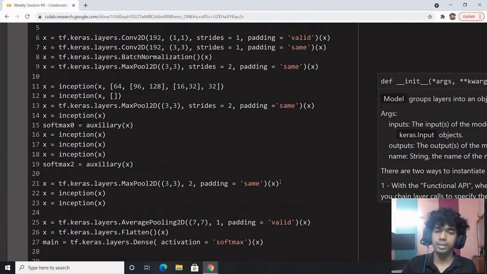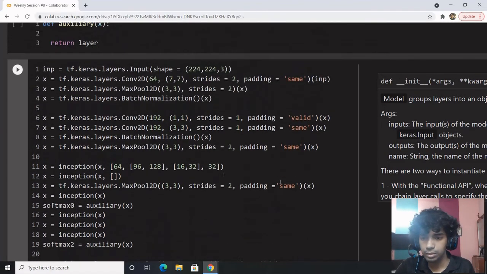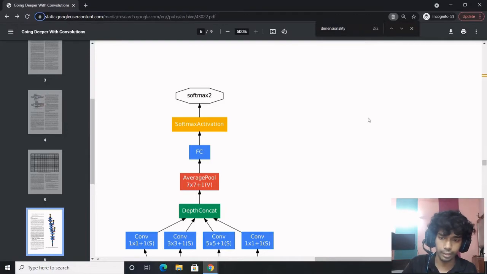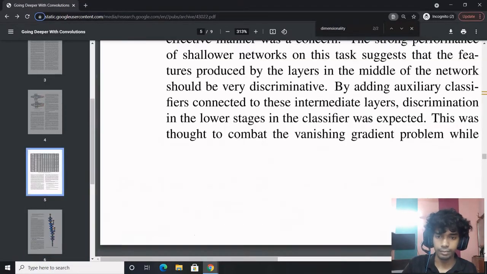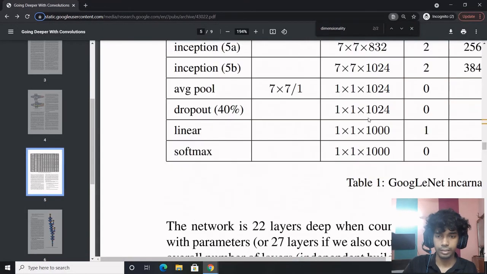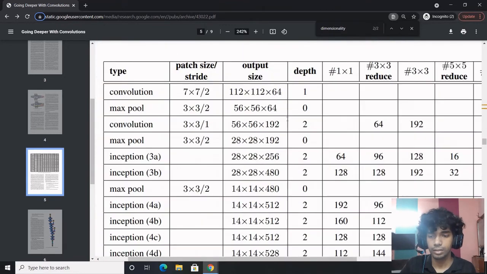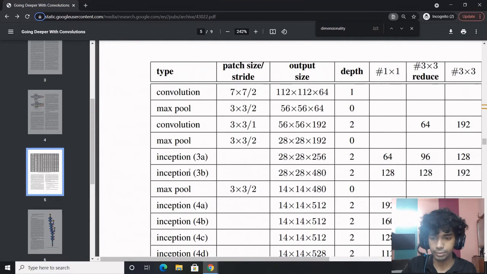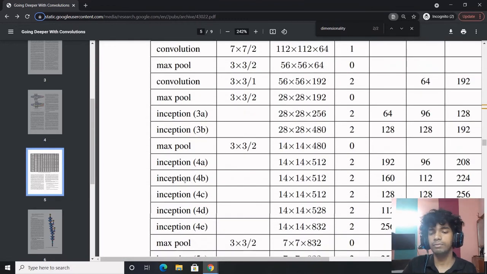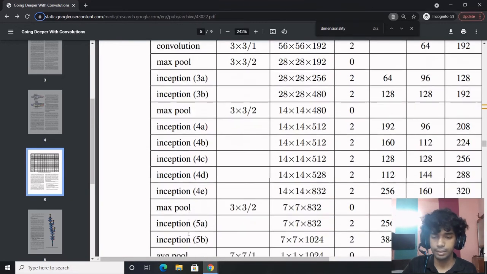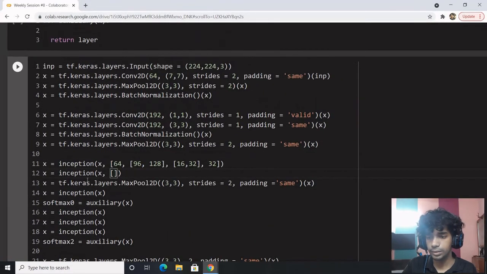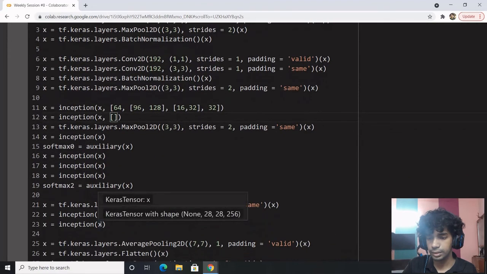So let's complete the inception part. I think we won't need the diagram one anymore, and we can straight away get to the value filling. So I think we have implemented the first inception part. How many inceptions do we have?